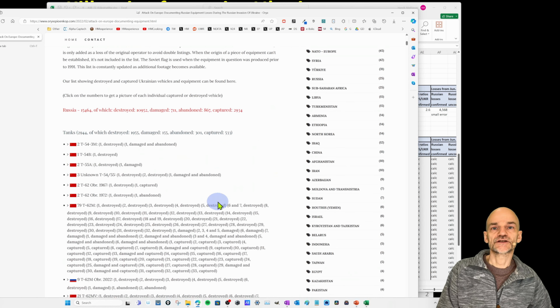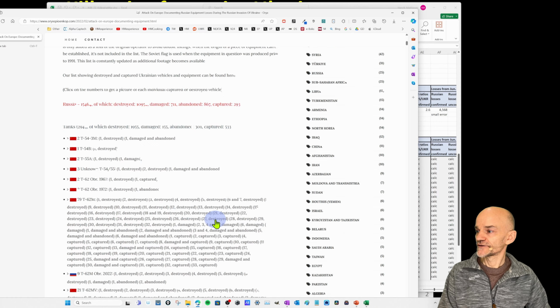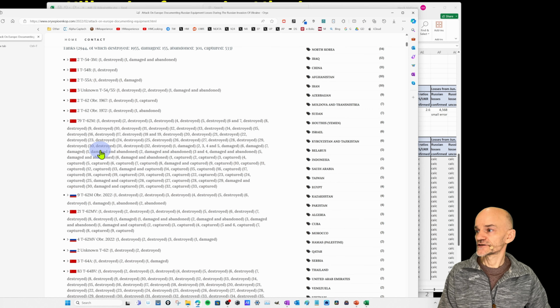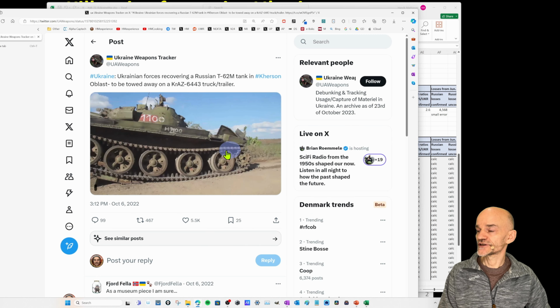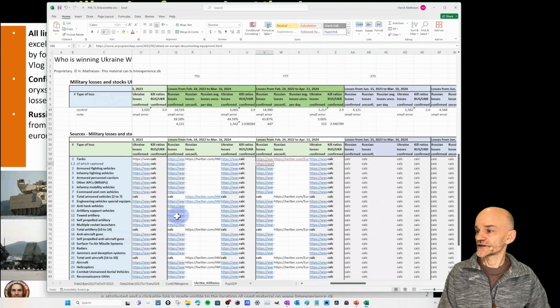It's an organization made up of volunteers that are combing the internet for information about Russian losses, all kinds of video and picture footage. It has to be confirmed with some sort of evidence. And then for every single kill there is, they list this evidence with a link to it. Let's click on anything here. That would be a tank loss. That would be a captured tank. That is this one. Okay, there's video evidence of that. That was from Twitter. I'm just shutting that down. You can see there's a lot of evidence, and it's for every single kill that they make on these pages. And there's a similar page for Ukraine losses, where there are pictures for Ukraine.